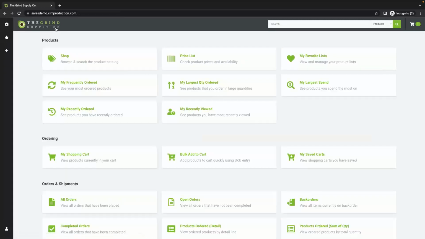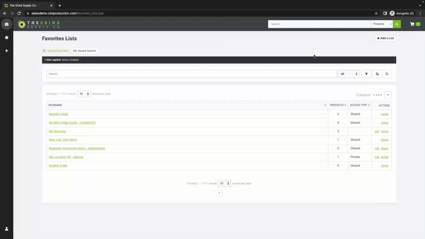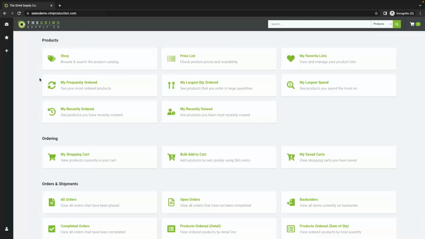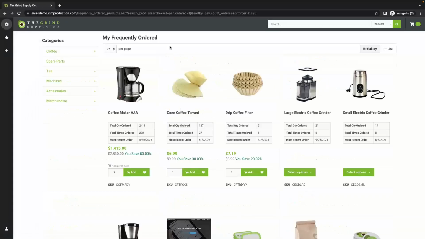A couple of other ways that users can find and discover products start with a favorites list. This would be a user-generated list. Maybe this is my monthly order. Maybe I'm a retail customer of yours, and I have 15 items that I stock on the shelf. So every so often, I come in and get whatever I need to have full inventory in my retail shop. A different view in there would be dynamic Sage-driven reports, like a frequently ordered list, that says, hey,